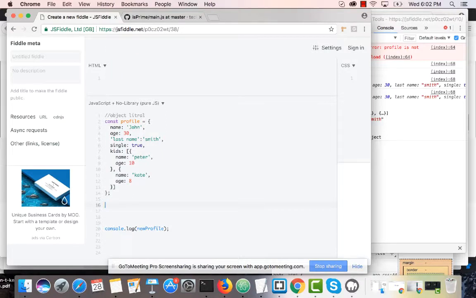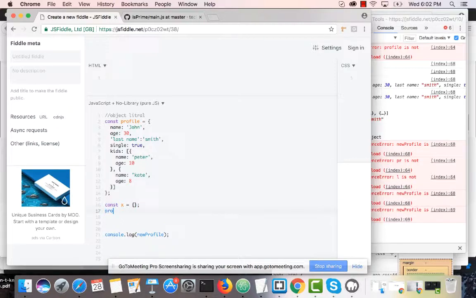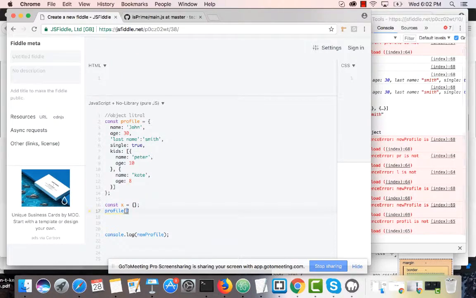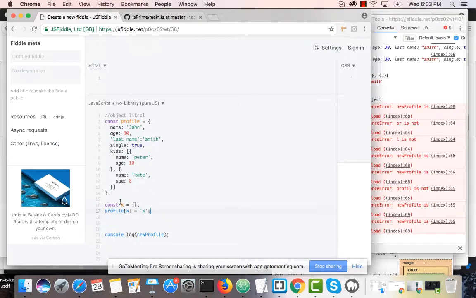For example, let's say I have const x equal to some empty object, and I say profile[x] equals the string x. So I'm trying to set an object as a key, and the value would be the string x. Kind of weird, but